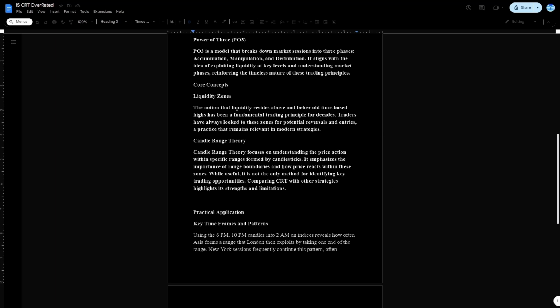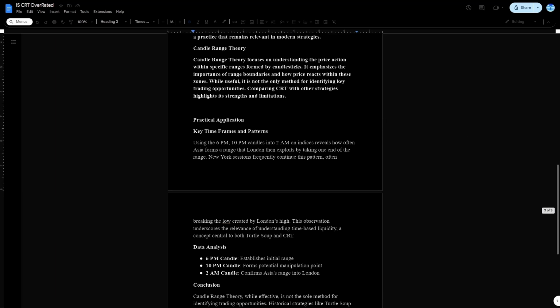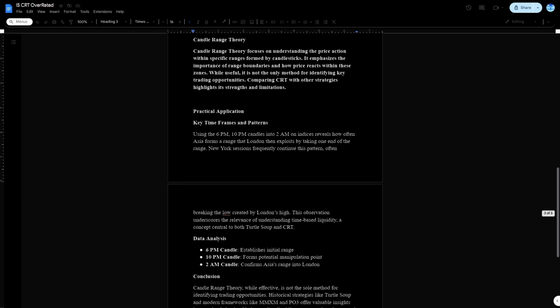but even comparing when they all form together can help you find, right, a perfect strategy. Coming into just a simple practical application, using higher time frame key times such as 6 and 10 p.m. 4-hour candles into a London 2 a.m. manipulation candle on indices reveals how often Asia forms a range that London exploits by taking one side of the range,